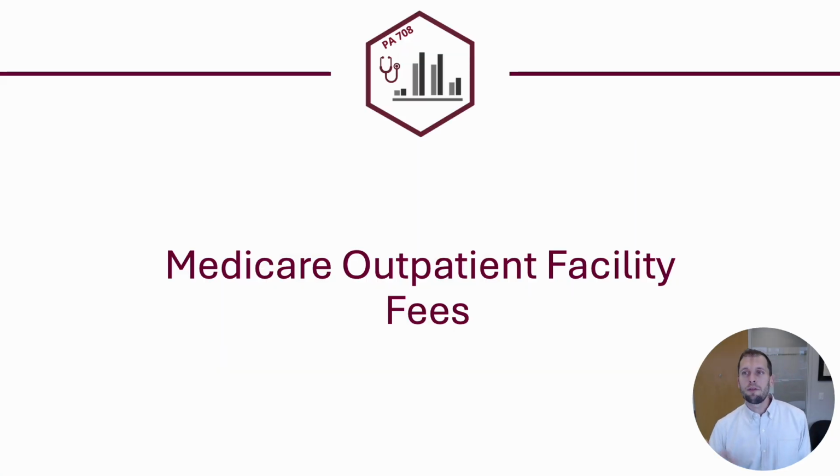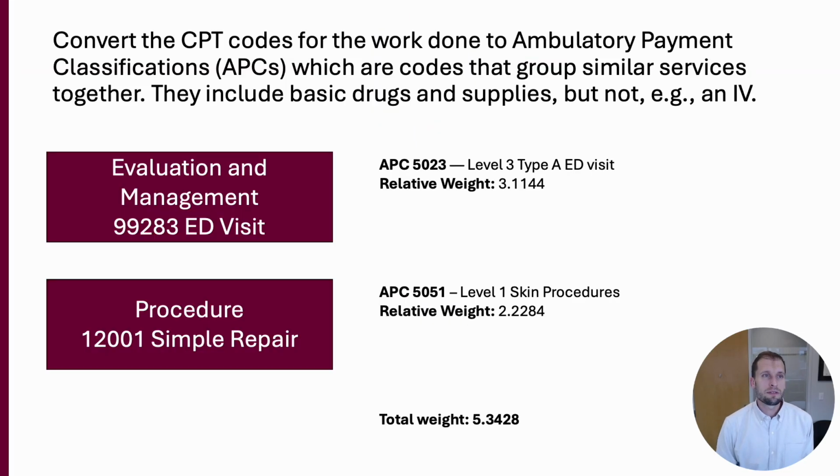Okay, so there's some other fees associated with this. If this service is provided at an outpatient facility, there's going to be some fees associated with that. So we'll convert these CPT codes for the work that's done to ambulatory payment classifications, APCs, which group all these services together, and they're going to include these basic drugs and supplies. So the 4x4s and the alcohol wipes, and probably the sutures, would all be included in the code for the